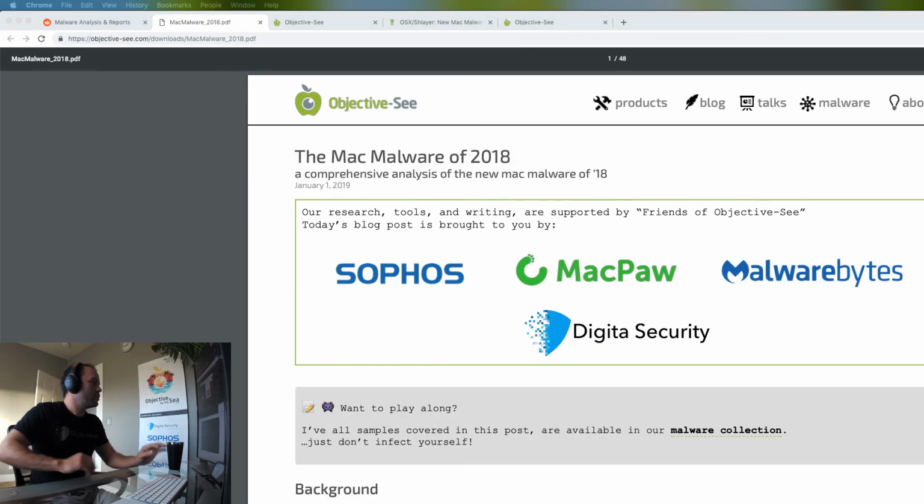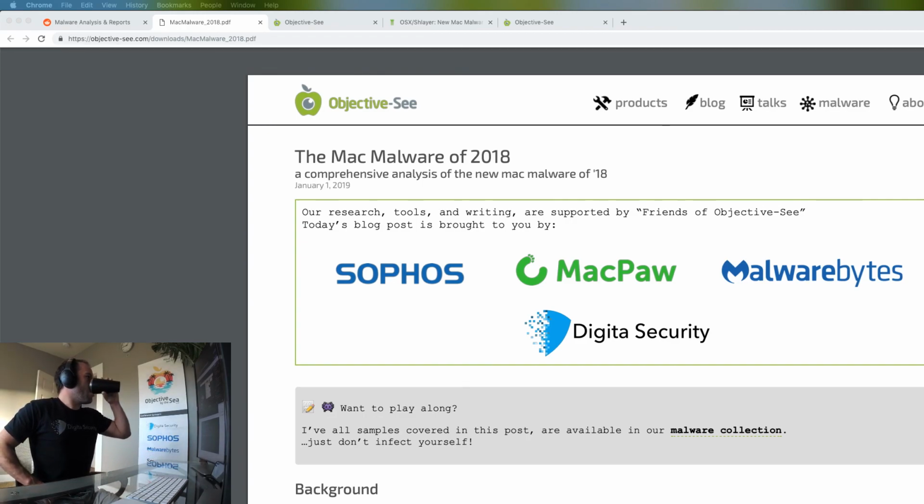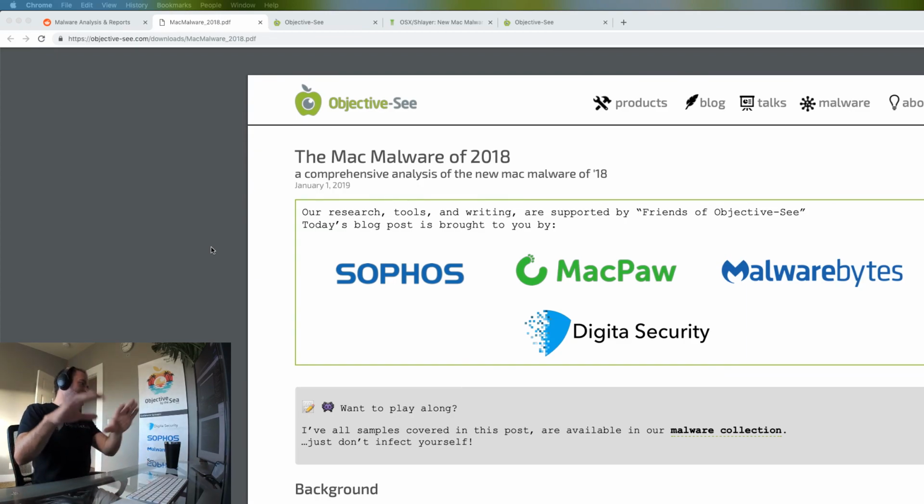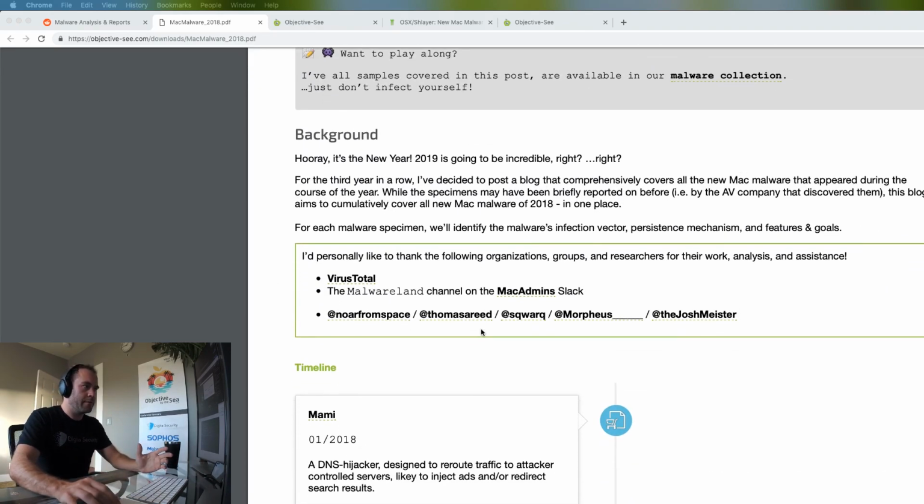So if you want to read that PDF, it's just a nice printout. It is 48 pages, so maybe read it on your next plane ride. But again, my goal was really to articulate all in one place all the Mac malware of 2018, describing the infection vectors, providing links to more detailed write-ups, to describing the persistence mechanisms, and then also the capabilities of the